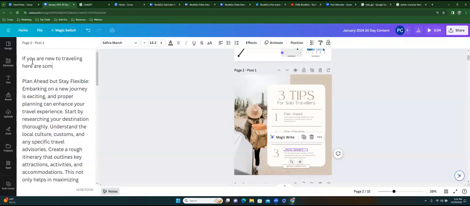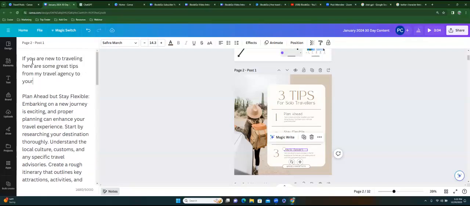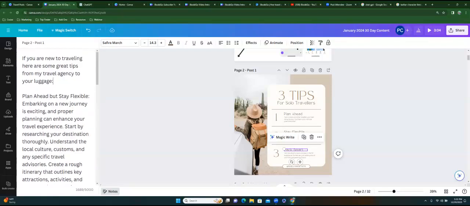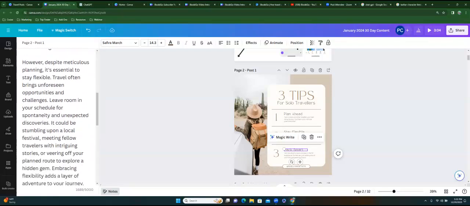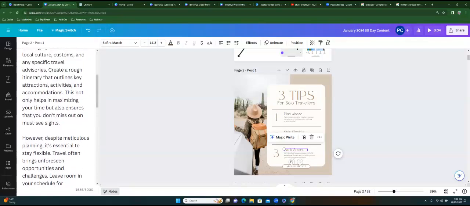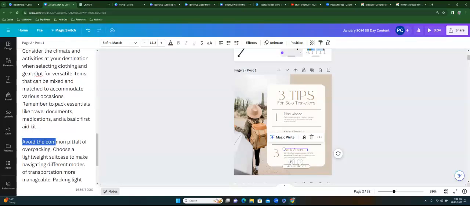Here are some great tips from my travel agency to your luggage. I'm going to leave plan ahead, but stay flexible on there. And I'm going to leave the pack smart and light. Okay. And then I'm going to take out,